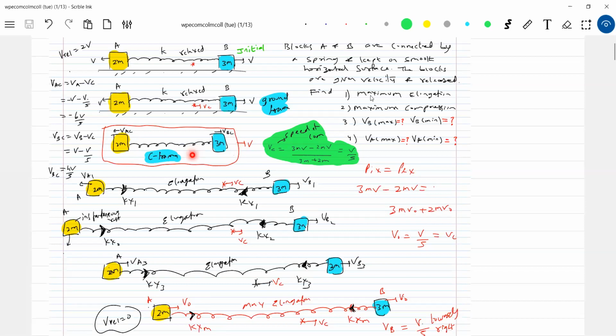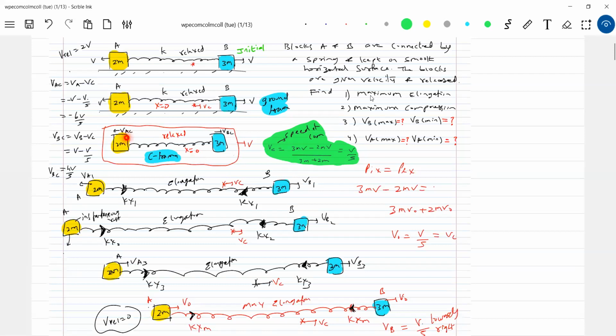The motion of these blocks will be SHM. Am I right? Go back to the SHM idea. Initially, what is the state of the spring? It will be relaxed. In the C frame also, this is the relaxed position, relaxed in the sense x equal to 0. When the spring is at its natural length, this is the situation. So you have an idea of SHM. After half of the oscillation, if they come back to the same position where the spring is relaxed,